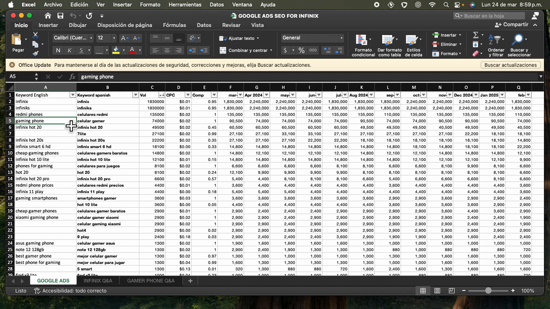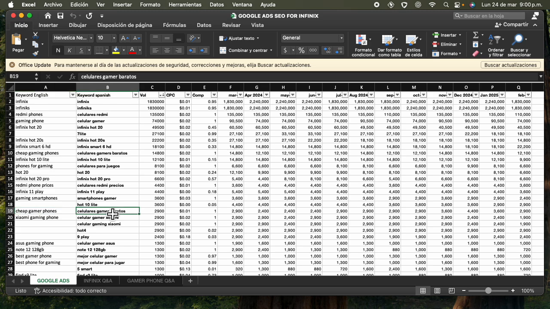So it's important to not only have an entertainment video, but also think with analytics about what kind of description we are going to put in the videos. These descriptions and titles in each platform have to be thought about with these words. For example, cheap gamer phones. Maybe we cannot put cheap, but the more accessible gamer phones of Infinix in 2025 that are going to blow your mind, something like that.